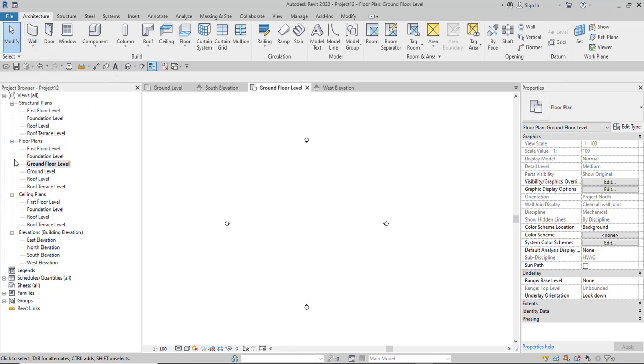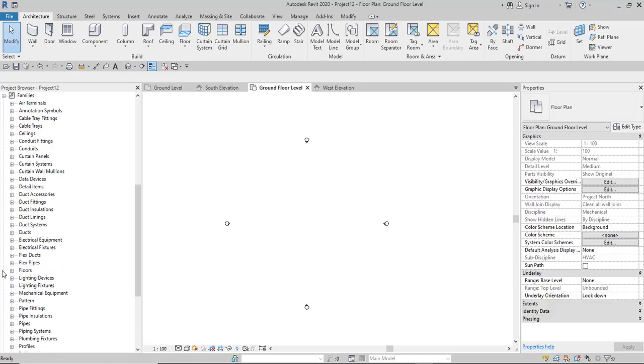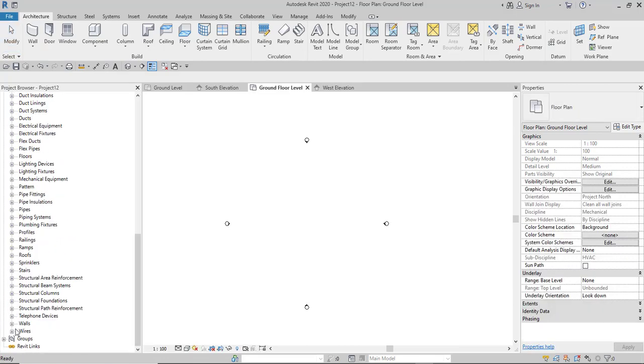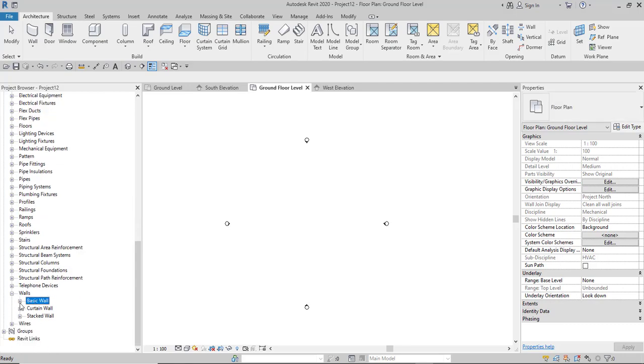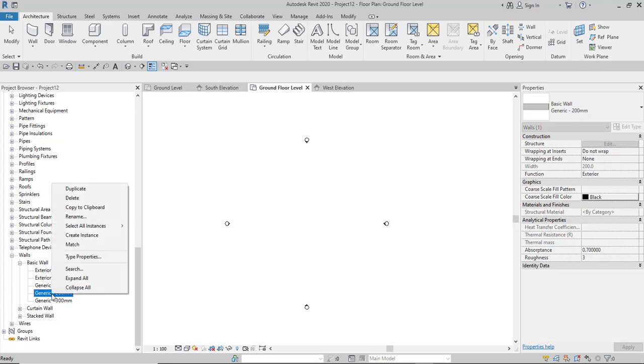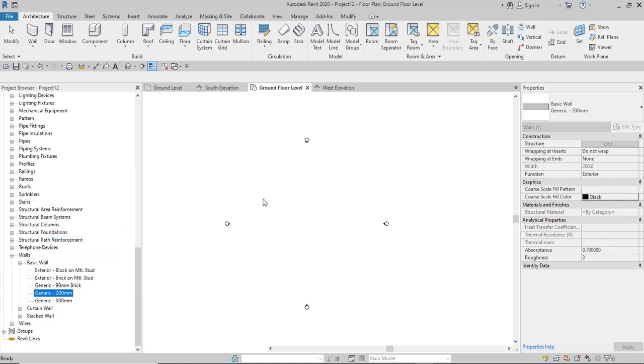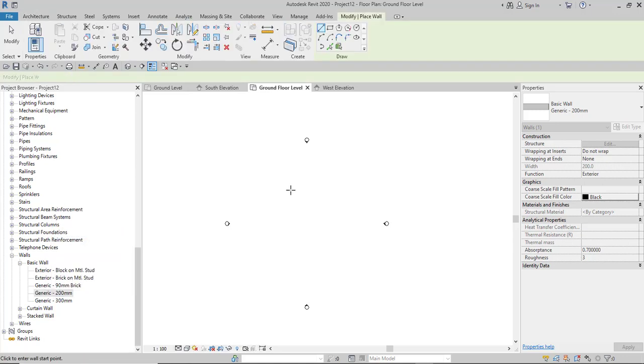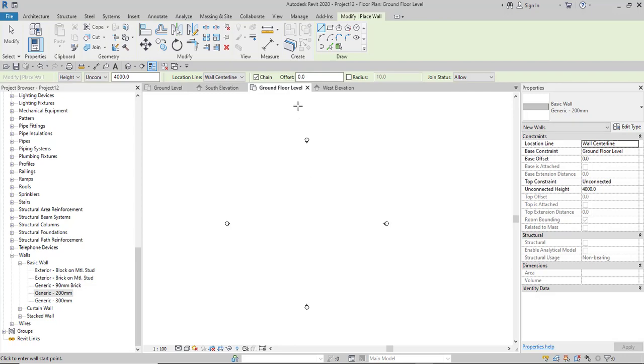Or I can go to the families here, scroll through the list, look for wall, open the walls, go to basic core, open the basic core, then take one of the basic cores, say generic 200, right click, and then create instance. When I go to create instance, it will activate the wall tool here for me to create a wall, and it will give me all the drawing tools available for me to choose from in Revit